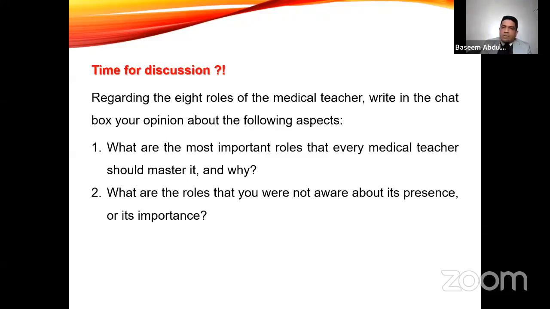Excellence in teaching may be recognized through local, national, and international awards, but what is an excellent teacher? This question is very important. And what are the features that distinguish the excellent teacher? So in medicine, a number of learning outcomes or competency frameworks have been used to describe the abilities required of